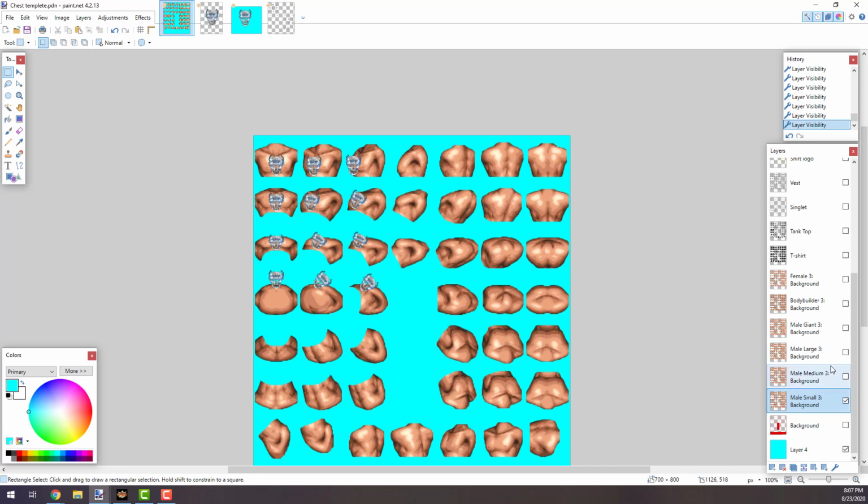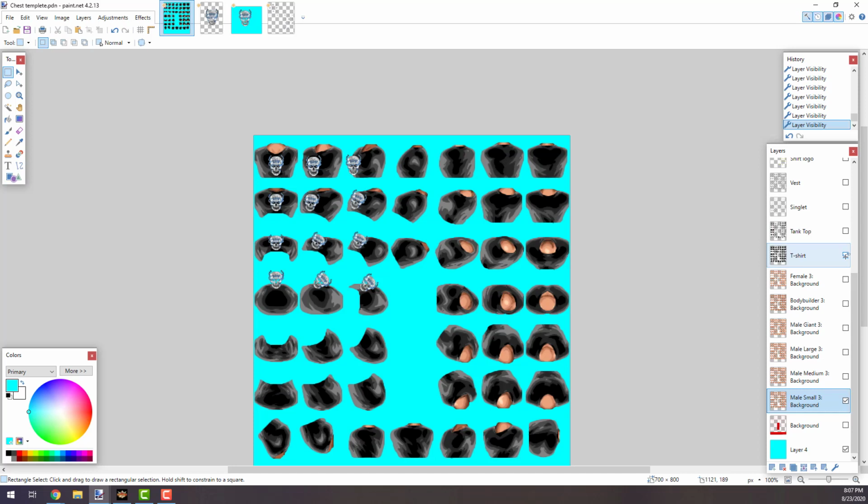Now, what they don't tell you is that every shirt technically has a size for every one of these bodies. That's what that dash is. If your item is like item 15, that's why it's item 15-1, 2, 3, 4, or 5, because it's made to fit a certain body type. So as you can see here, we have a medium shirt on a small body, and it fits,